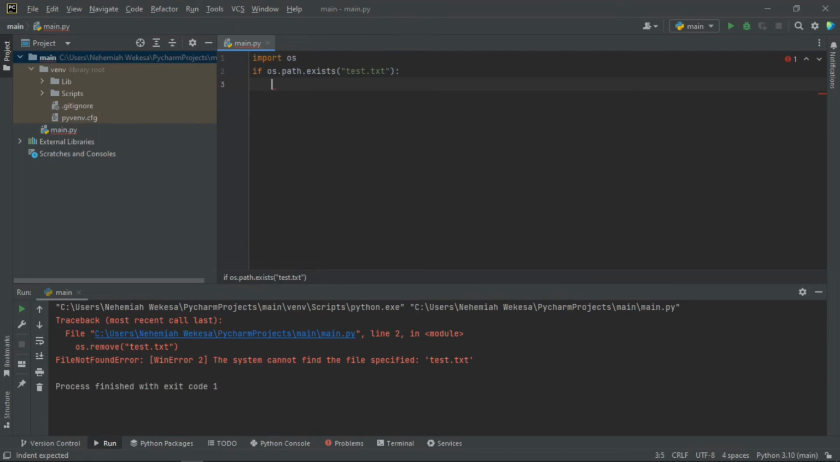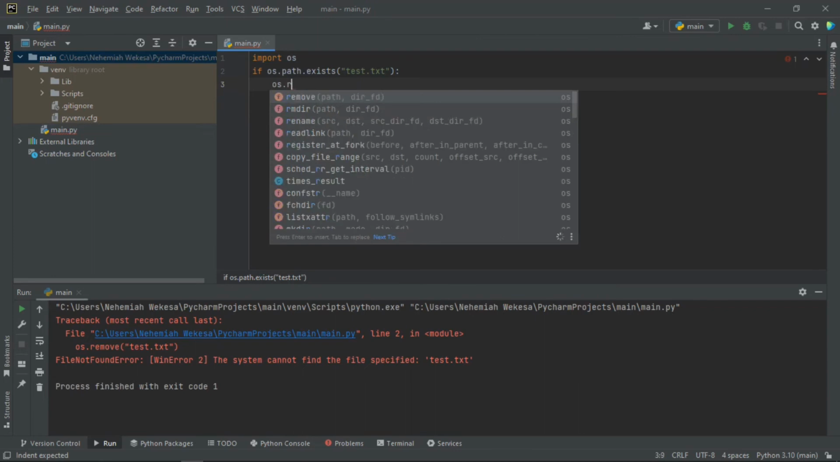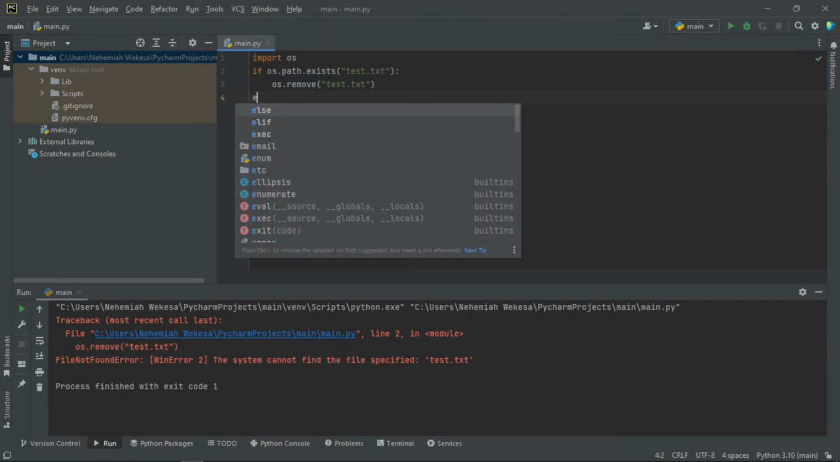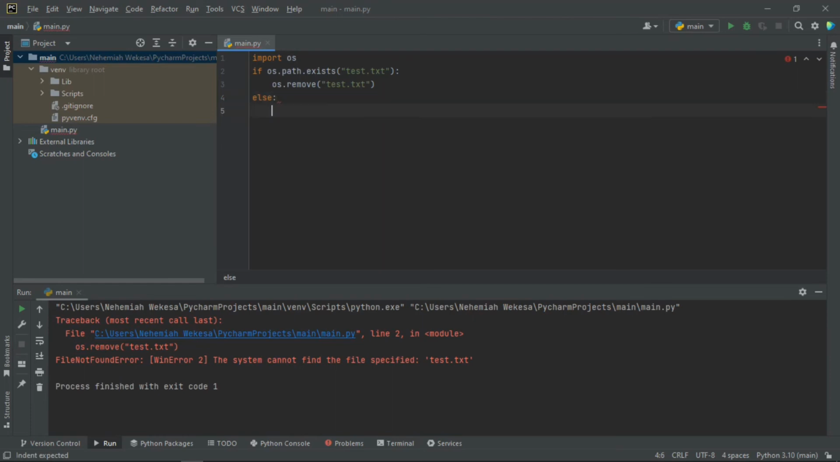And then here, guys, let me say os.remove function, for example test.txt, and then let me say else. Else, you must remove the indentation here, so let me say else print, which is a string. So let me say the file does not